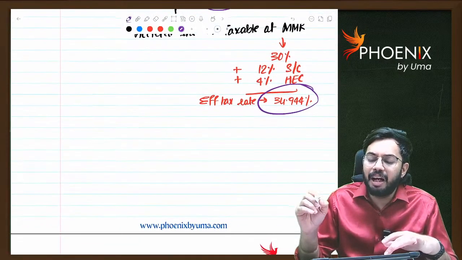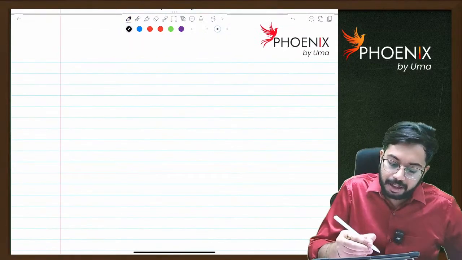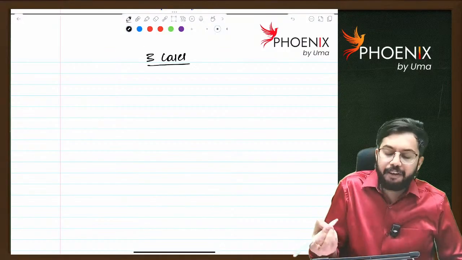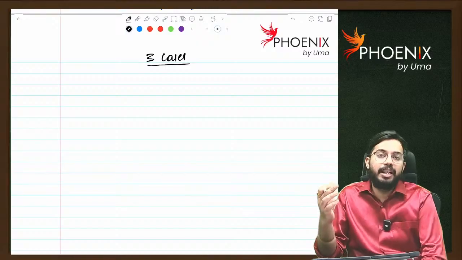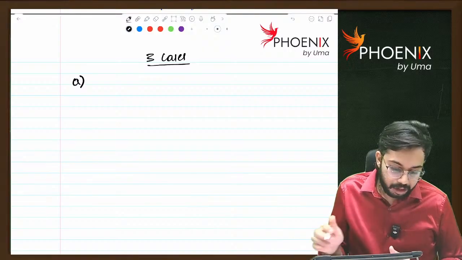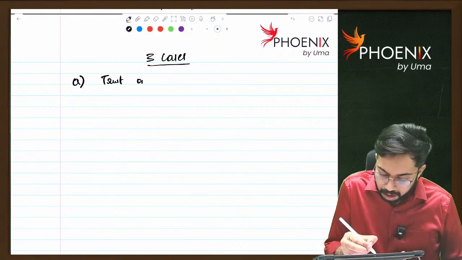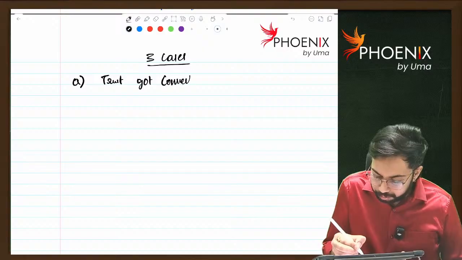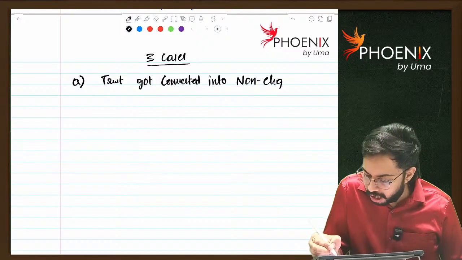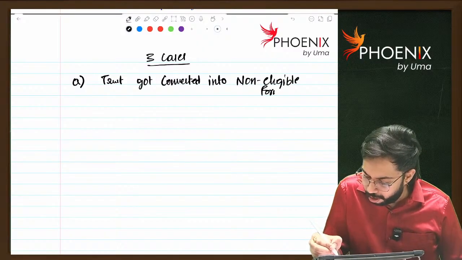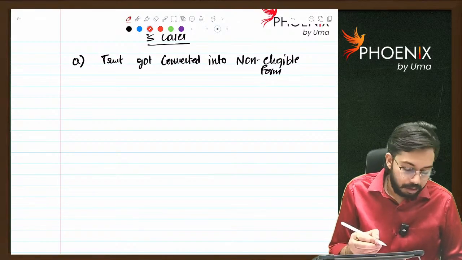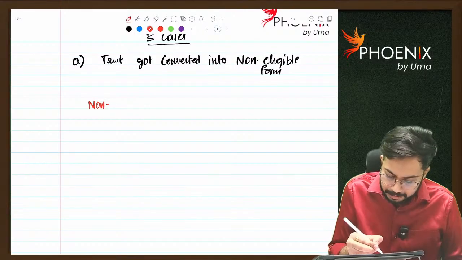Now, shall I discuss those 3 cases? Actually 4 cases, but in the Act they were given as 3 cases. Now let us see one by one. Trust got converted into non-eligible form. Trust got converted into non-eligible form. What do you mean by this? Let's say non-eligible form means